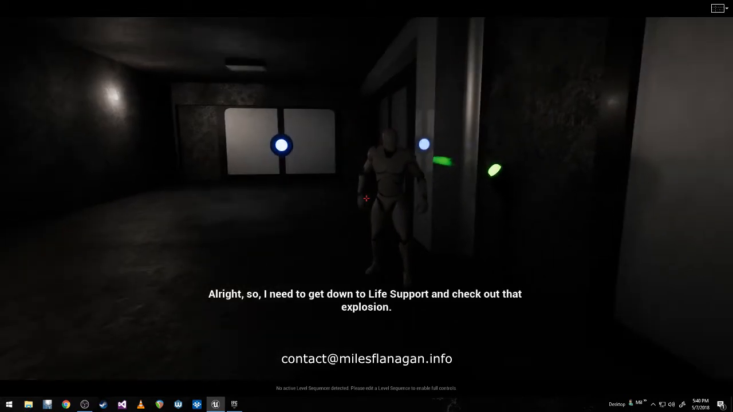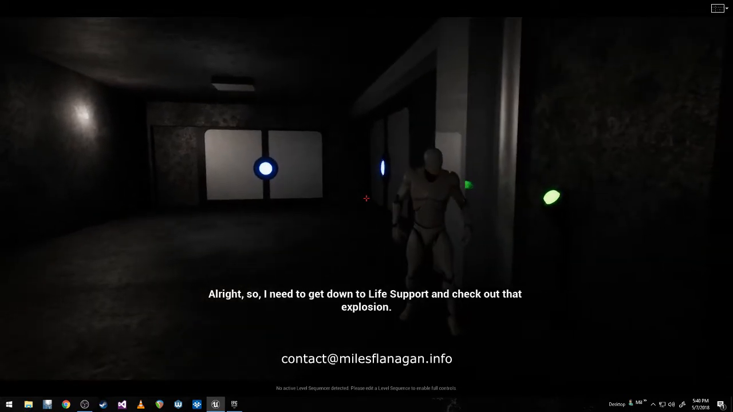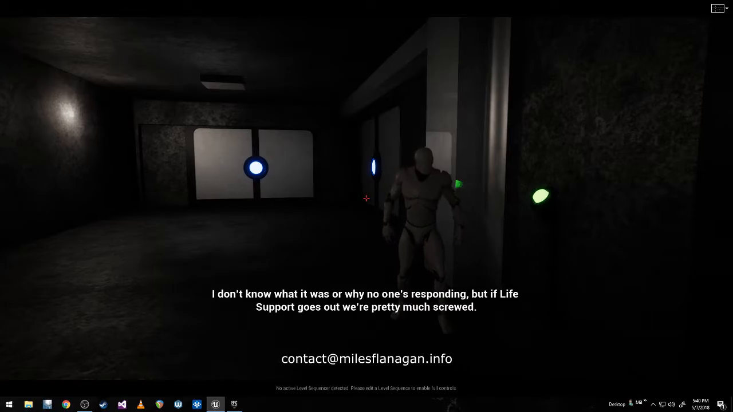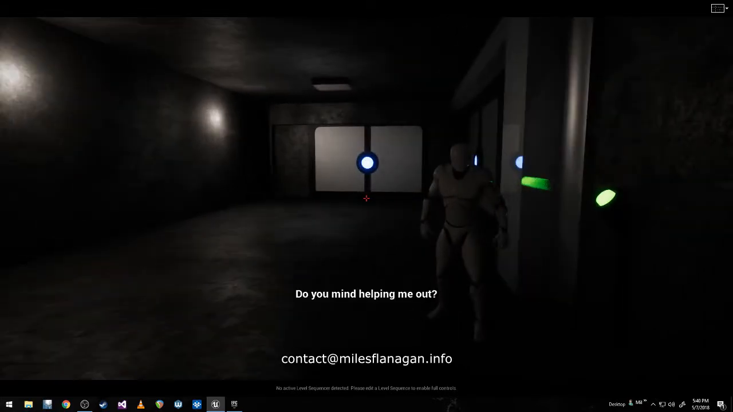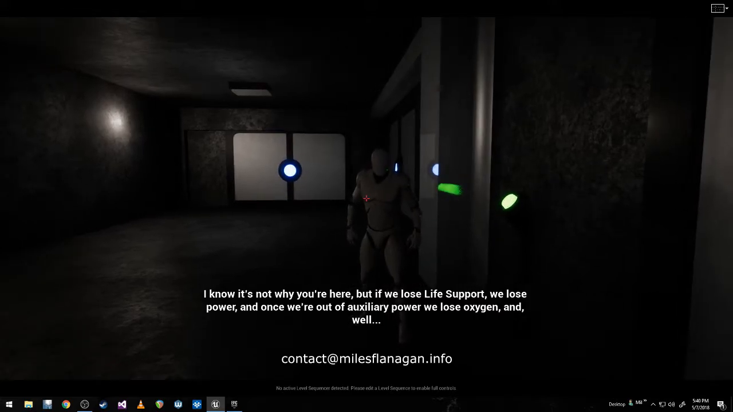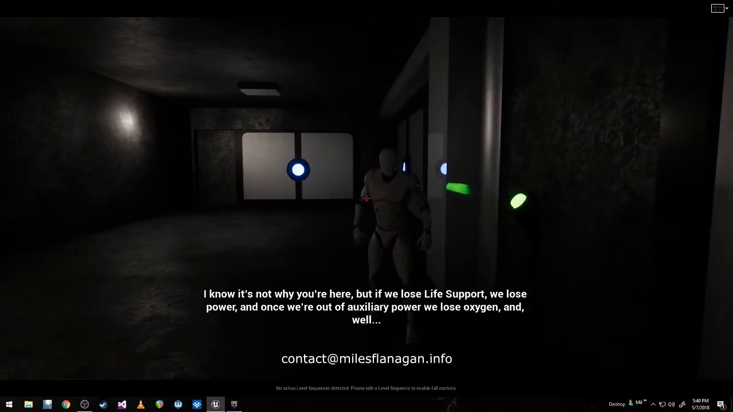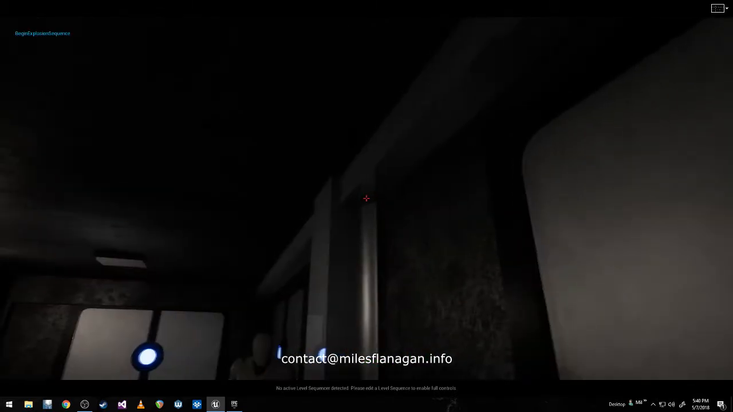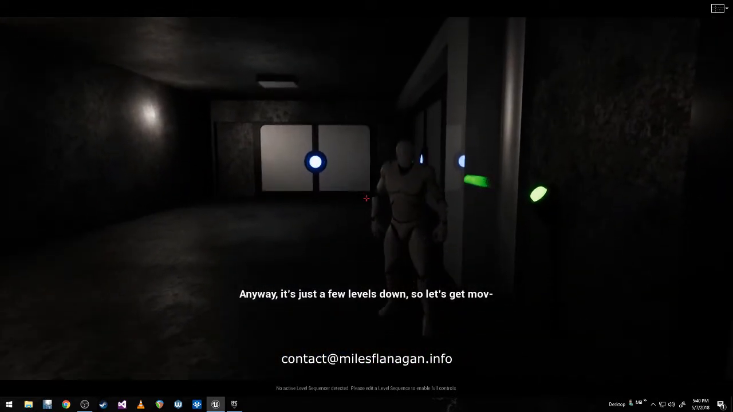Alright, so I need to get down to life support and check out that explosion. I don't know what it was or why no one's responding, but if life support goes out, we're pretty much screwed. Do you mind helping me out? I know it's not why you're here, but if we lose life support, we lose power, and once we're out of auxiliary power, we lose oxygen, and, well, you know how space works. Anyway, it's just a few levels down, so let's get...